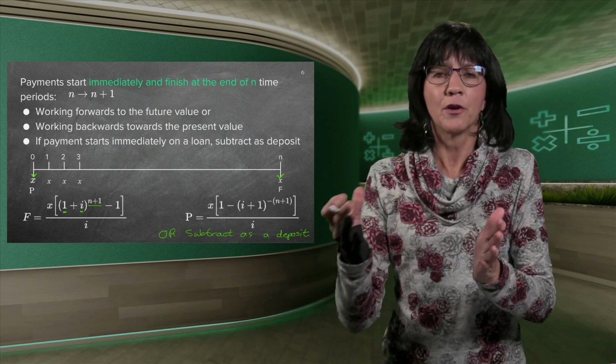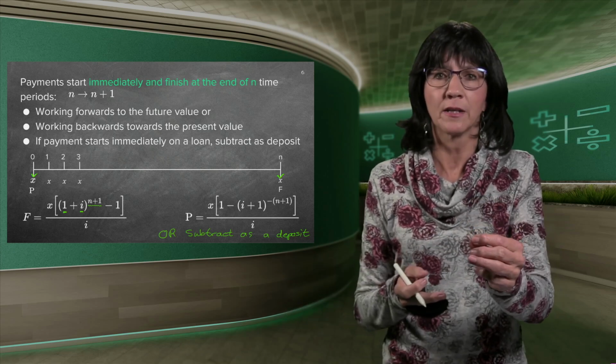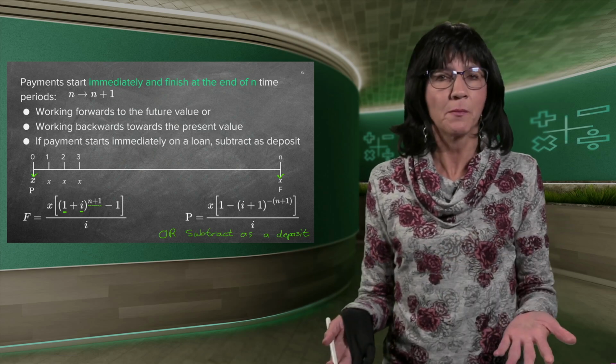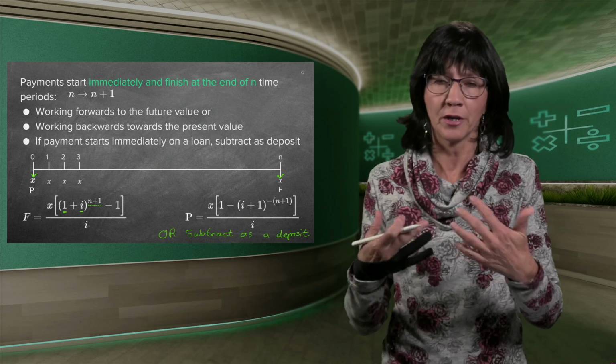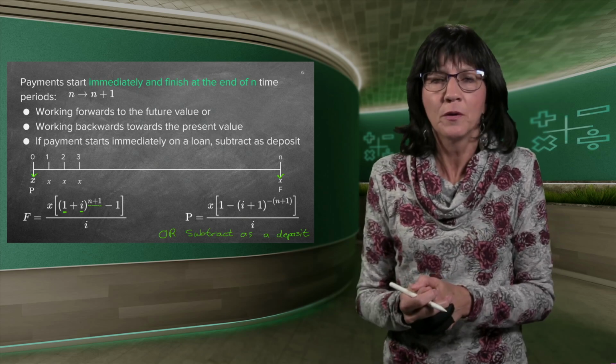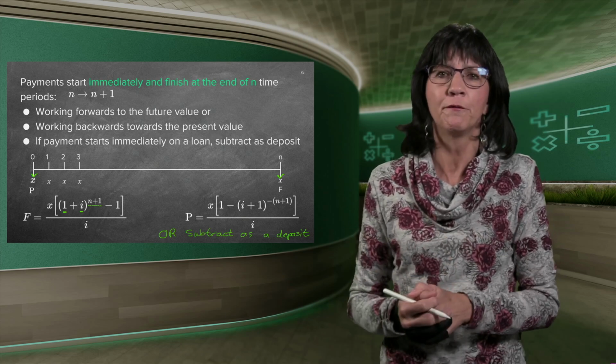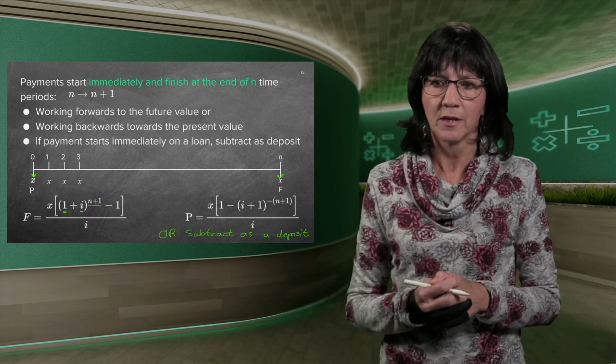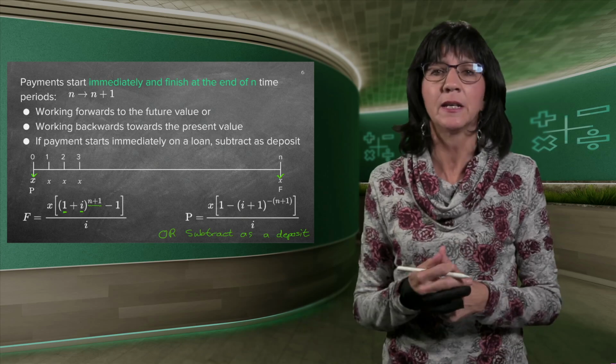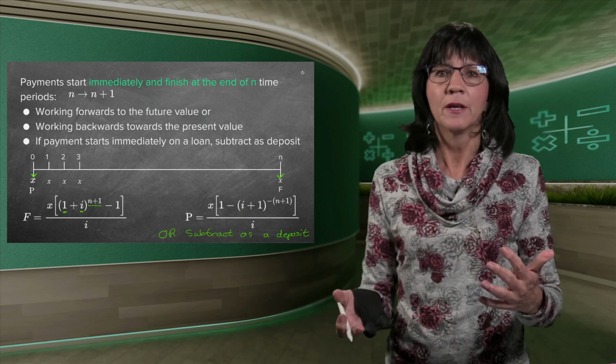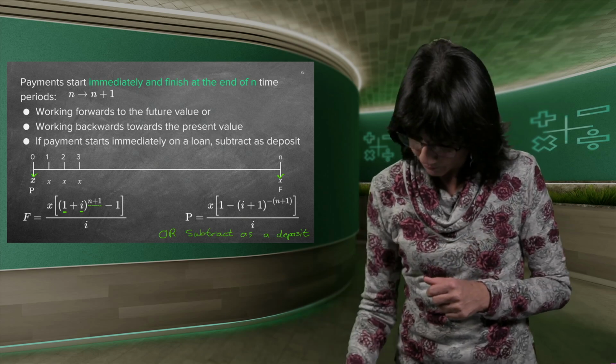I want to take out a loan of 10,000 Rand, but I've got 1,000 Rand. So I'm going to give it to you. That is my deposit. And then you'll only make the loan on 9,000 Rand, and you don't have to fiddle with the P formula. You can just do the normal P formula without adding the plus 1. So that's maybe a better idea, to subtract that first payment as a deposit.